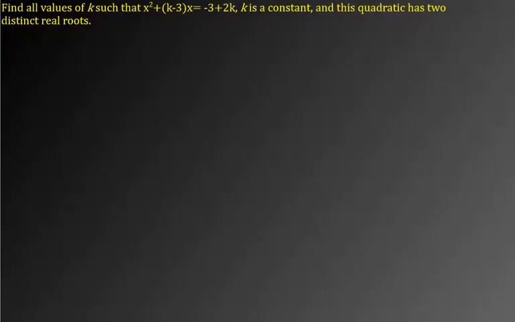All right, I just want to do one more of these because I know they can be kind of tricky when you first see them. So I want you to find all values of k such that x squared plus (k minus 3) times x equals minus 3 plus 2k, where k is a constant, and this quadratic has two distinct real roots. So two distinct real roots